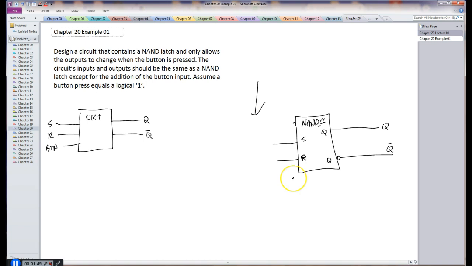So once again, what I need is a gate such that the button is pressed. Essentially, if I press the button, I want the output of the circuit to enable these inputs here. Otherwise, if I'm not pressing the button, I want to disable these inputs. There are a couple of ways to do this circuit. I'm going to take a stab at it, and I'll probably be wrong. No big deal. If I'm wrong, I'm going to check over the answer, and at that point, if it's wrong, I'll fix it. And so what I'm thinking here is that these need OR gates on them,